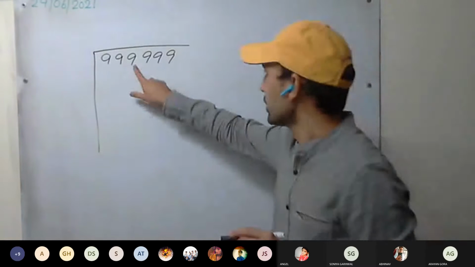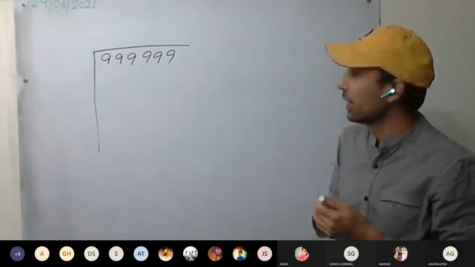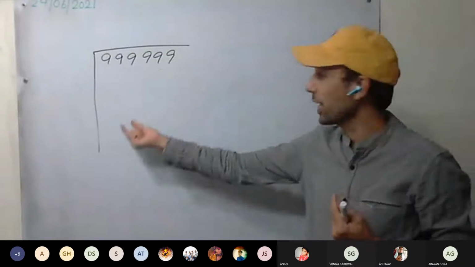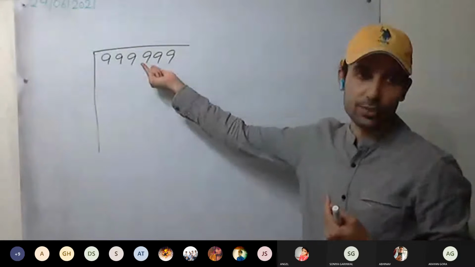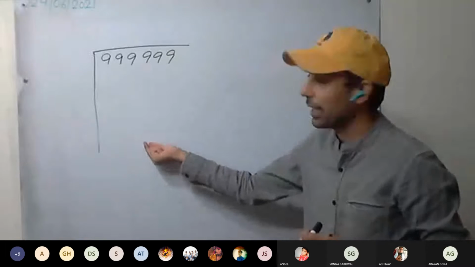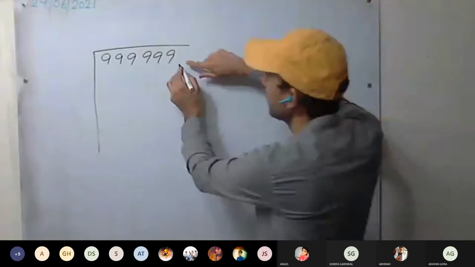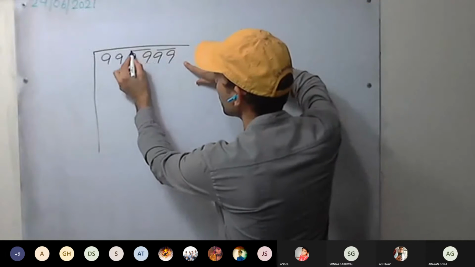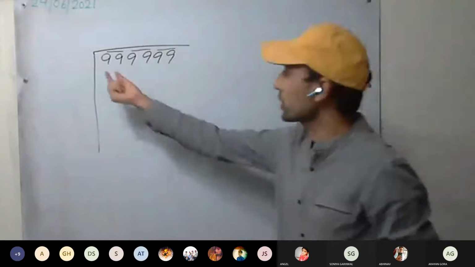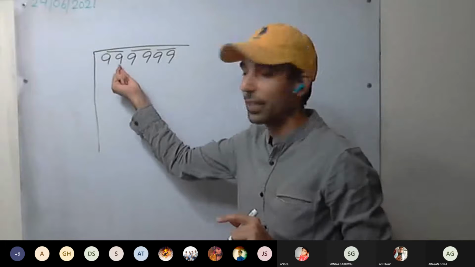So how to find it? You have to find the greatest 6-digit number which is a perfect square. If we add something to this number, it will become a 7-digit number. That means we have to find a number to be subtracted from this so that it becomes a perfect square. So we find the remainder and subtract it. How is the grouping done? We start from the left. This is the grouping.